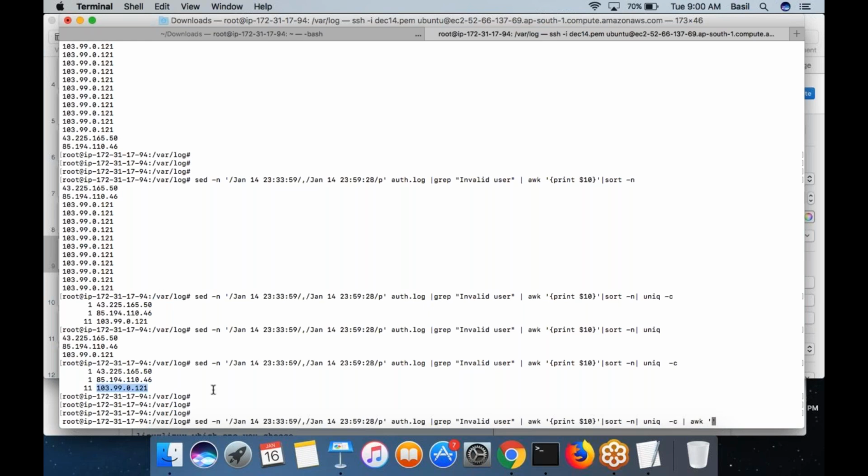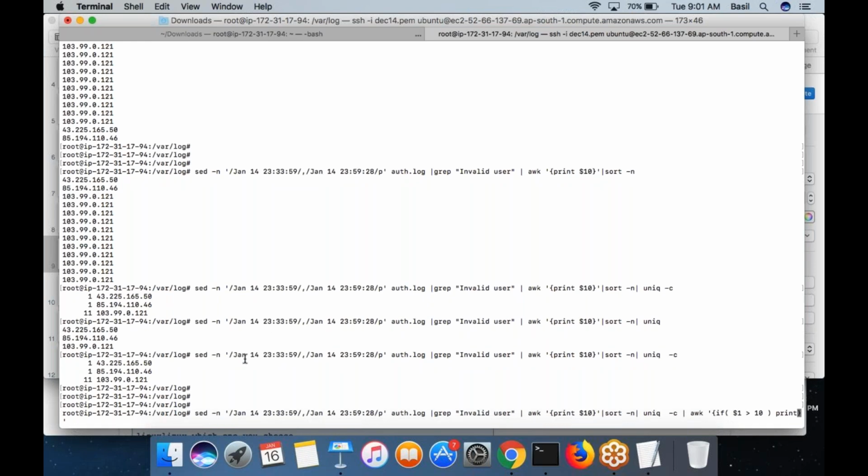Let's say I simply put the if condition inside my awk itself: if $1 is greater than 10, which basically means there are more than 10 login attempts, what do you want to print?